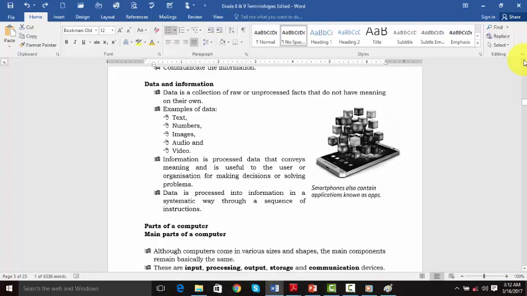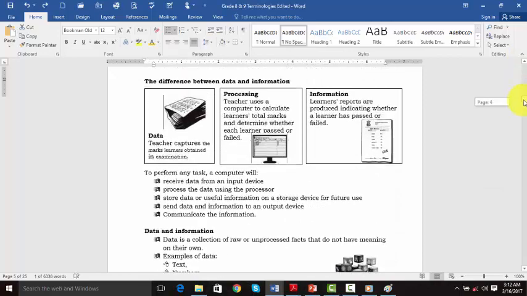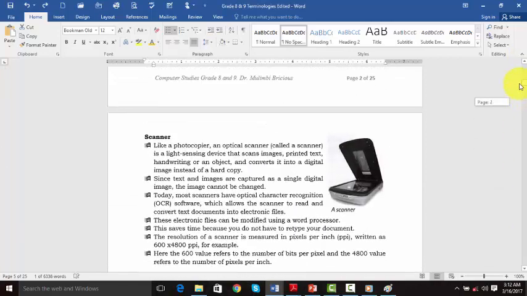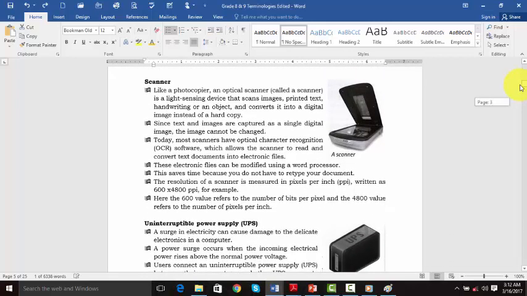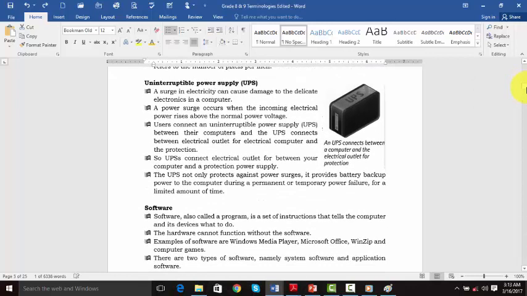Just to wrap up on our lesson which we have discussed today, we started with looking at what we call a scanner, where we saw Mike demonstrating to us how this scanner is used. We also went ahead to look at an uninterruptible power supply, of which some demonstrations were shown, and I hope by this time you understand the work of the UPS.